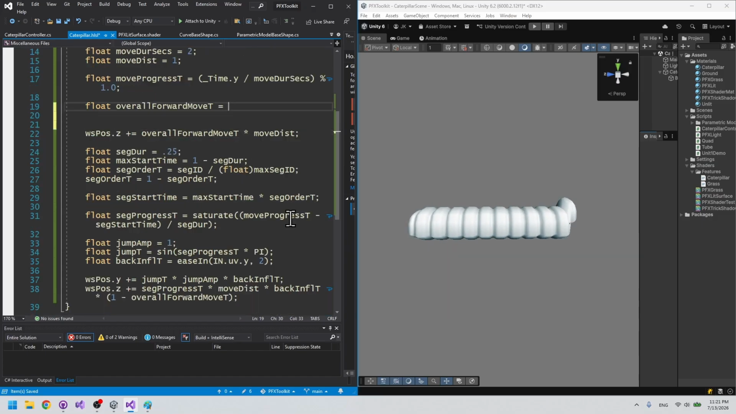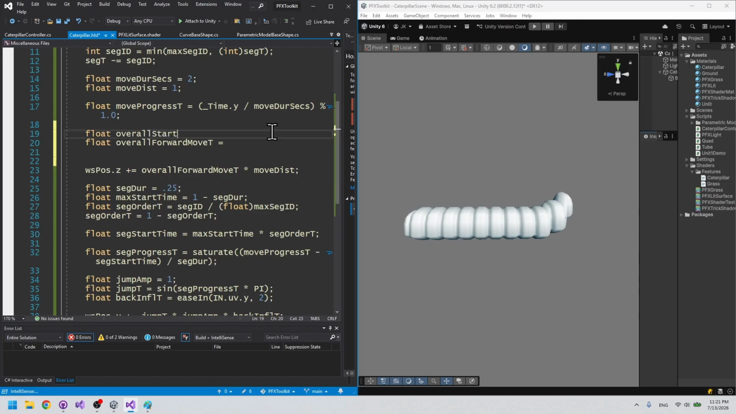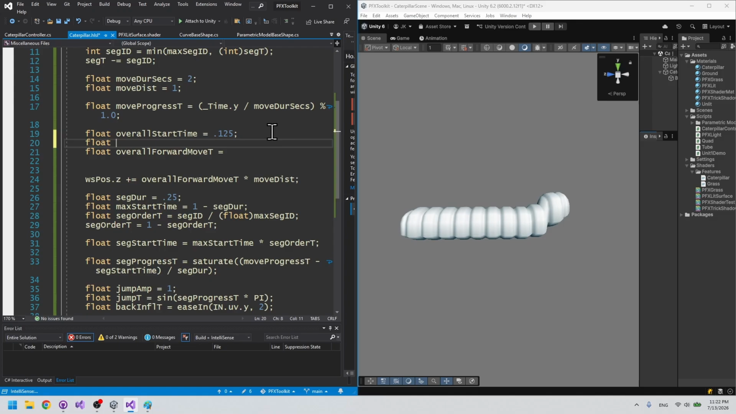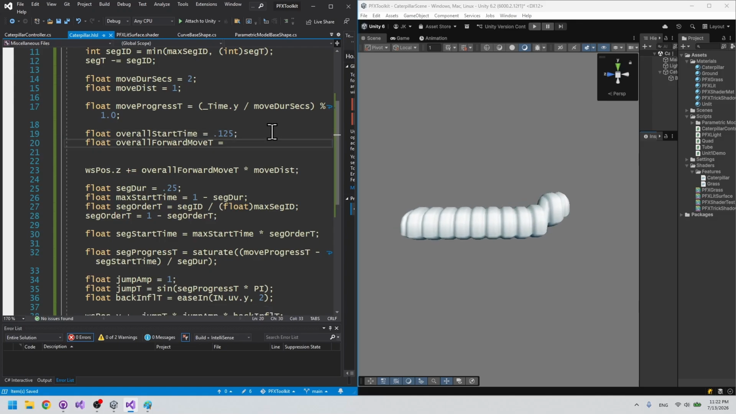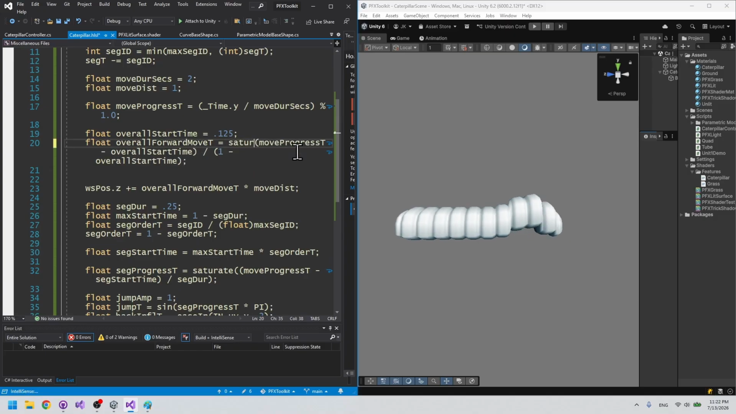we could do something like what we did with our segment and give it a start time. So we could say overall start time, right, equals, right, and then we know the overall duration. We could just do that in one line. We could say that this would be our move progress minus our overall start time, and then our duration we can just know is 1 minus our start time. And then let's make sure we saturate,